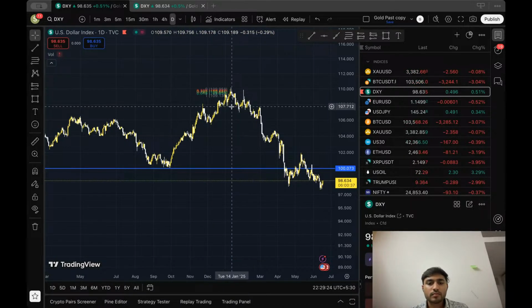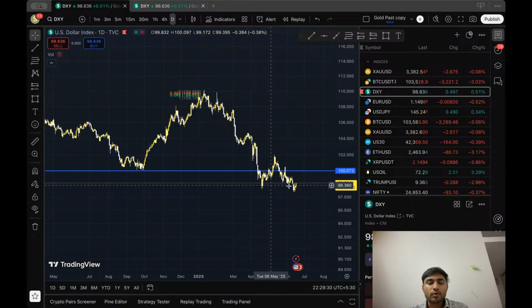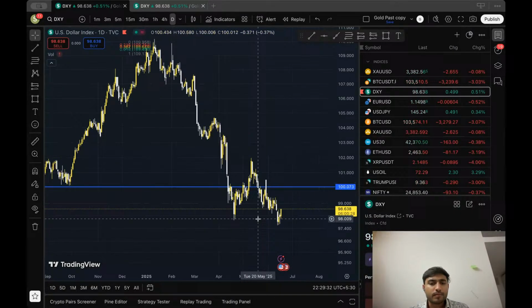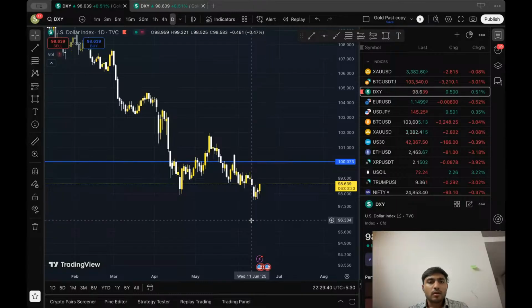So from 14th Jan onwards, it's been a downtrend. So we had a support here. This could be a support. Taking this liquidity, this could be a support in the extra. So that does suggest gold can turn bearish,